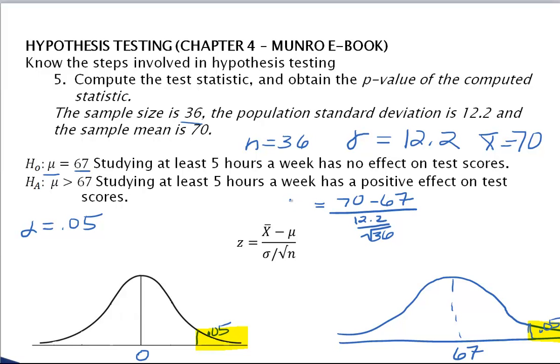Okay, so we don't panic. In math, we never want to panic. We just take things step by step, break them down, make them easy. 70 minus 67, well, we can do that. 3, and